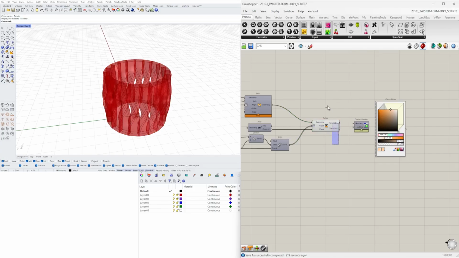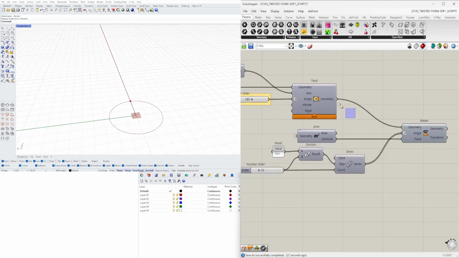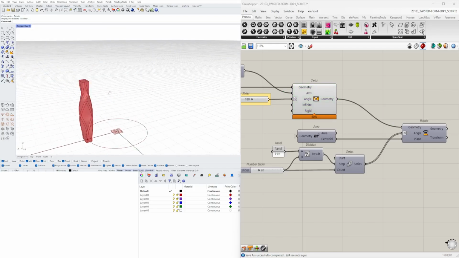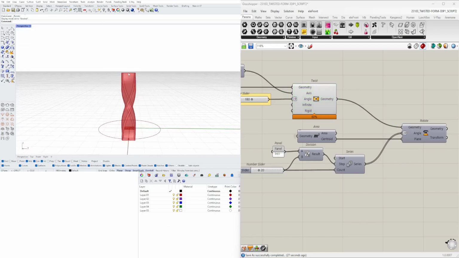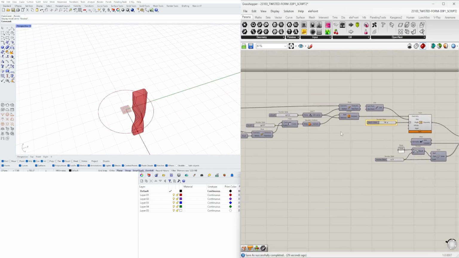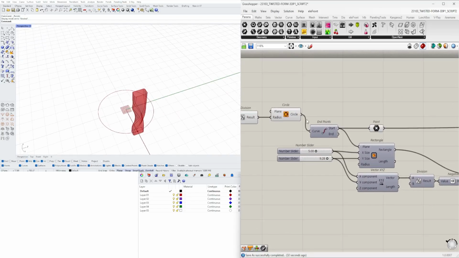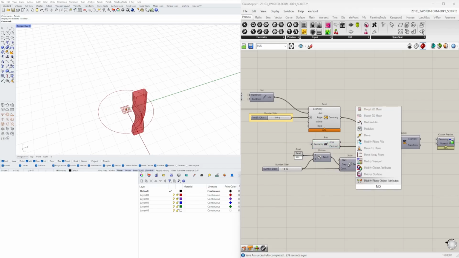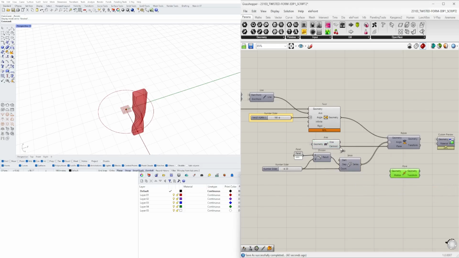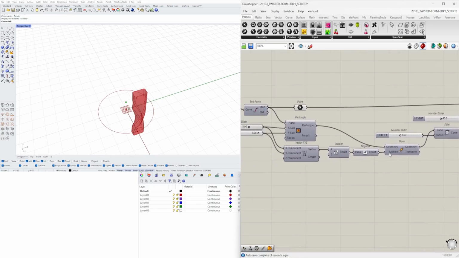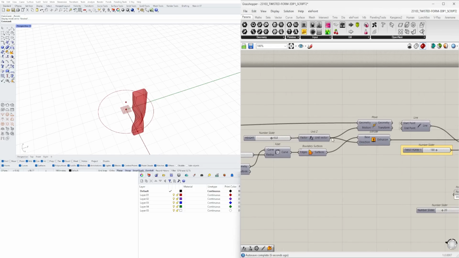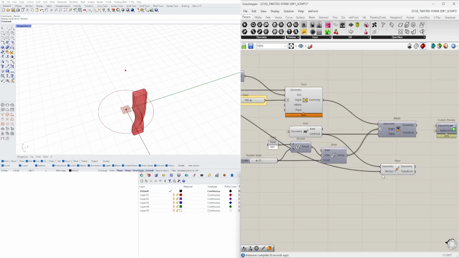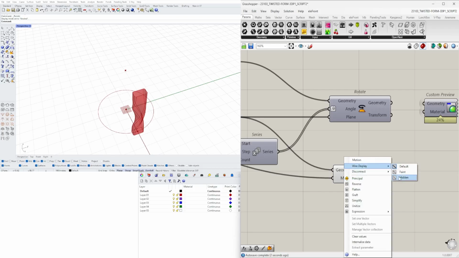When looking at this, we can now disable the preview on all of this and go back to our twist. So we've twisted this relative to the center of the form. Now we're going to do the same thing, but using the center of this form, of the circle. We're going to move up the point the same height as the cup. So using this slider, we're creating a twist